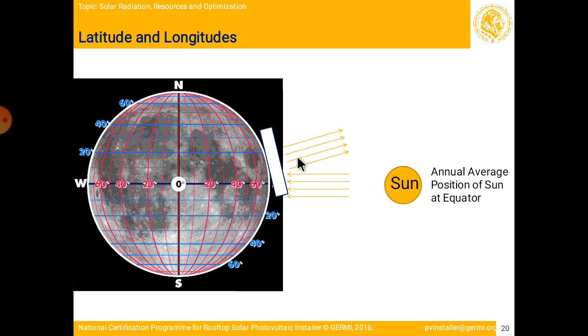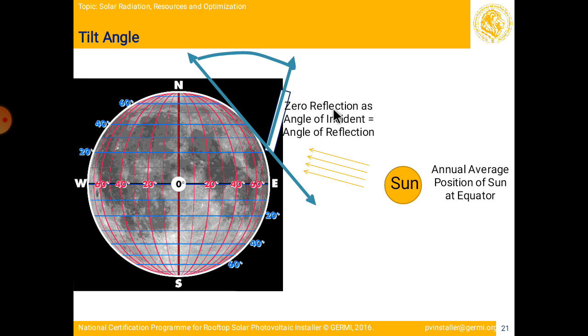So over here you can see that this is the position where we have placed our solar PV module. You can see these are the rays that we are getting from the sun, and this is the reflection that we are getting. So this is the angle difference from the x and y that we have studied from the air mass. Now you can see that for zero reflection, as the angle of incidence, this is the placement of the solar PV panel, and these are the rays that we are getting over here. So this is the angle that we need to keep,